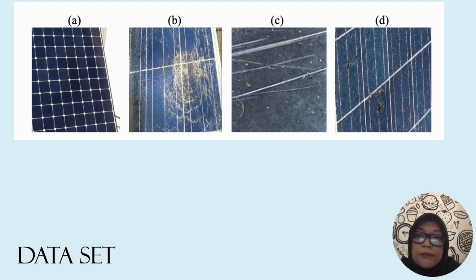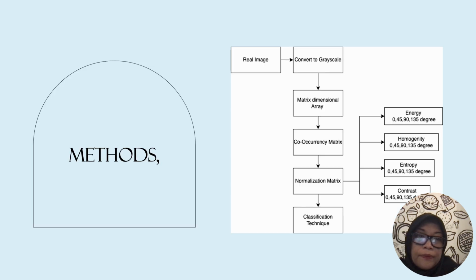This is my dataset. The dataset used in this study consists of images of solar panel surface with various defects, including a normal, a crack, scratch, and spot. It comprises labeled images categorized based on defect types and their characteristics, providing a comprehensive basis for analysis and classification. This dataset is instrumental in training and evaluating the proposed image processing and classification method.